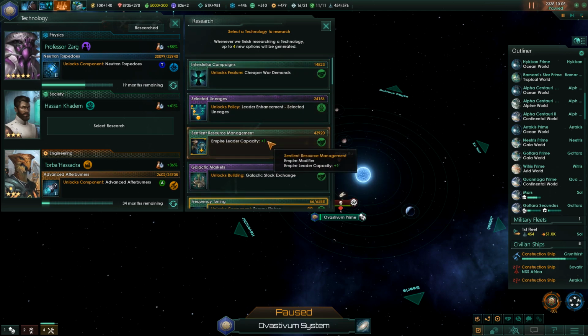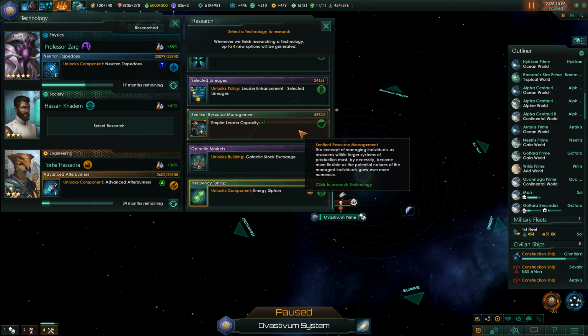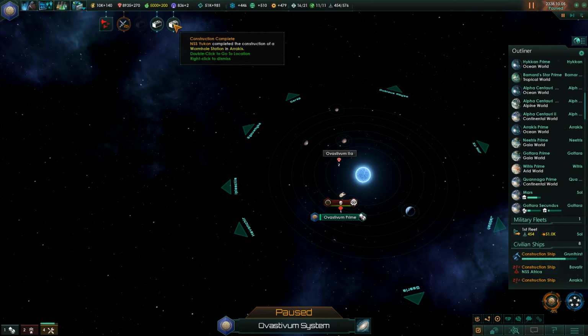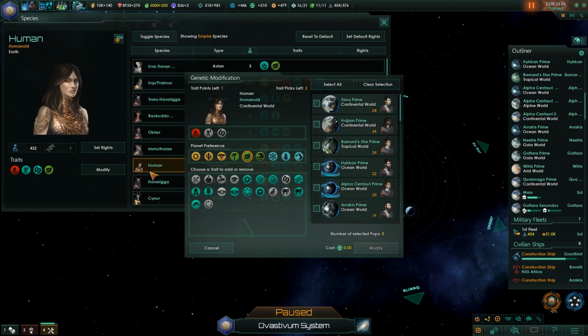Empire leader capacity +1. Cheaper war demands. That also sounds pretty damn nice. Let's go for the improved leader capacity. And let's also take a look. See, now we can do a little bit more. So one thing we can definitely do is